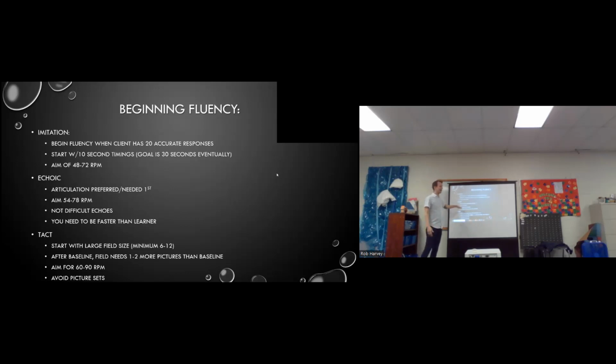So you're not going to have them echo like "the cow jumped over the moon," right? Or "supercalifragilisticexpialidocious." You're going to have them start with simple things so that they can rattle them off. Most people cannot fluently rattle off "supercalifragilisticexpialidocious" like 100 times in a row. It's not even a socially significant skill.